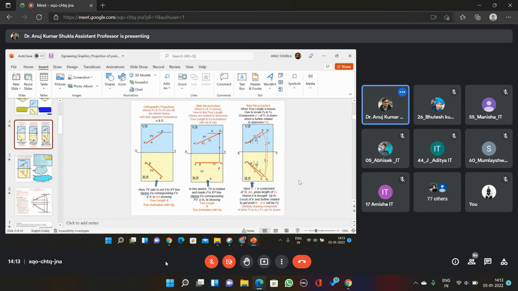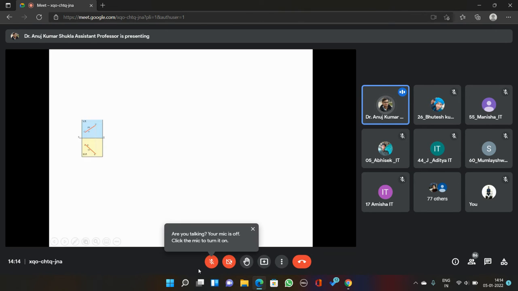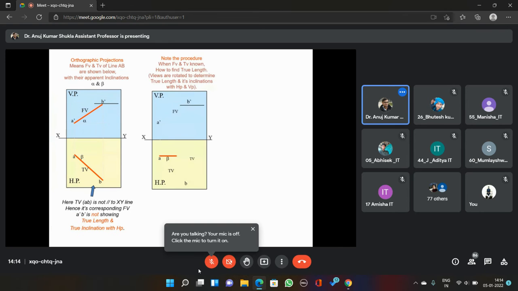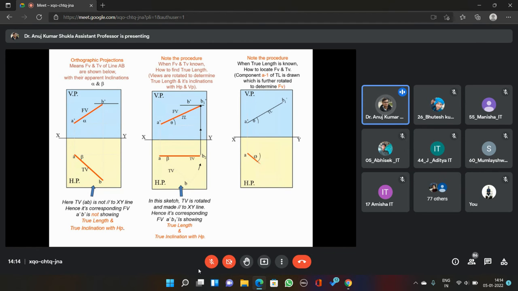Should I go ahead? Any doubt here? No, sir. If there is any doubt, you just practice through the PPT. The PPT has been made in a way that each and every process will go once you put it on presentation mode, it will go like that only. See here, first this line has been drawn, then it has been rotated, then B1 reference has been provided. You can see it. So you follow the steps provided in the PPT.